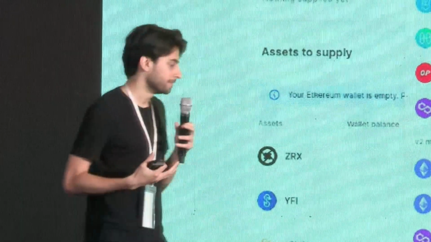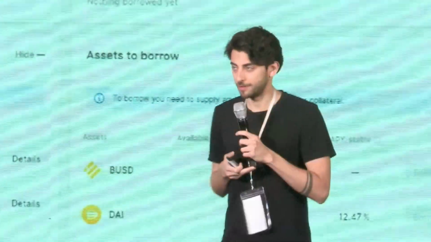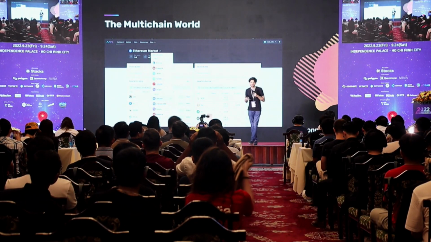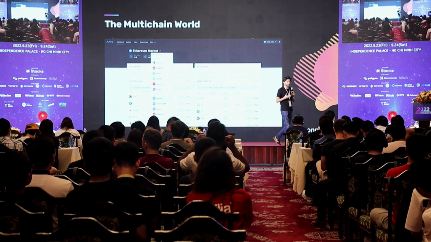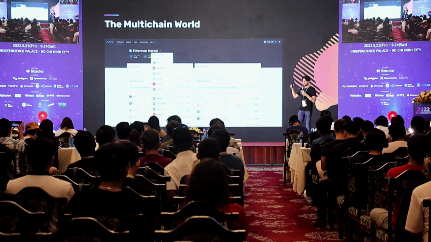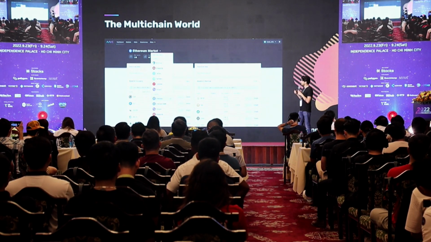So here's an example. This is Aave. How many of you use Aave? Awesome. Aave is a lending protocol that is built on top of Ethereum and then also all of these other chains. When you use Aave today, there's this really confusing experience where you have to go and select a chain specifically that you want to lend on or borrow from. And in order to actually find the best rates on every chain or on all of the chains altogether, you actually have to go through each and every single chain independently.